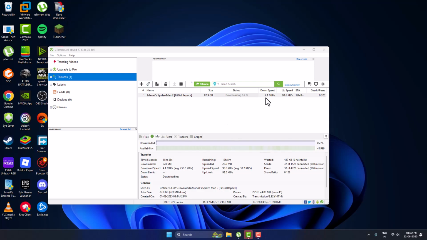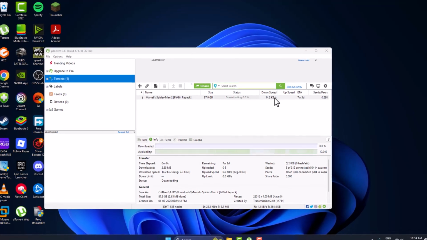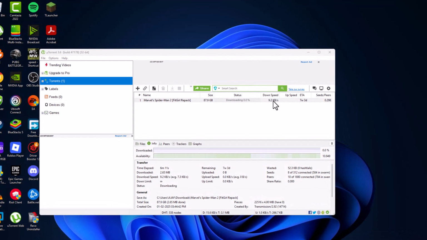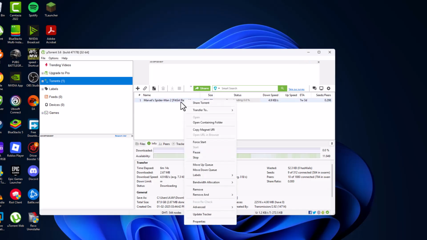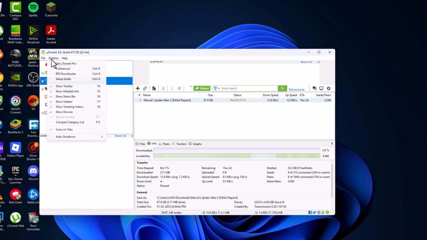Today we are going to see how to speed up uTorrent for FitGirl games. I'll show you guys how to do it. Right now I am getting a download speed of 10, 20, or lower than that. Just right click on it and select the pause option, and then go to options and select